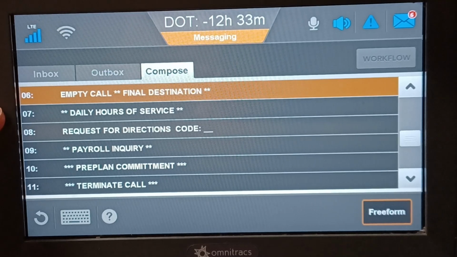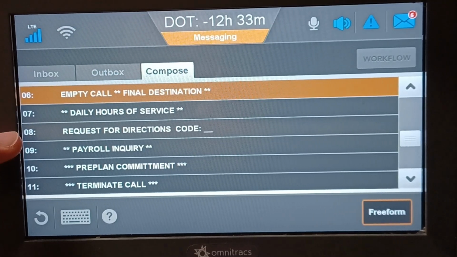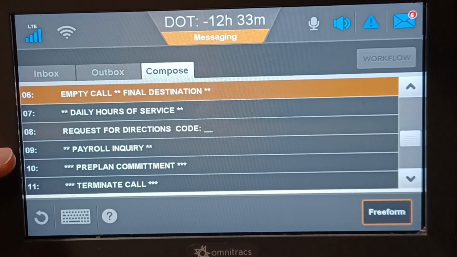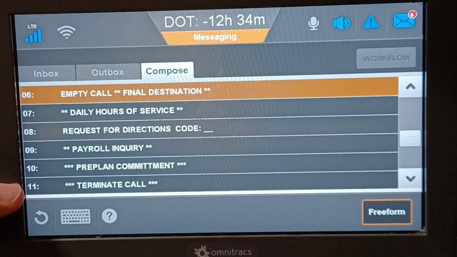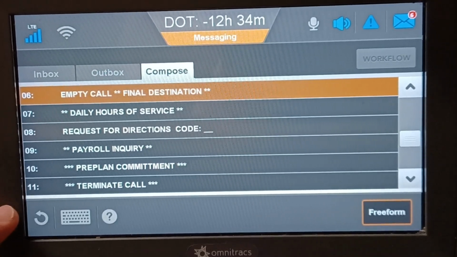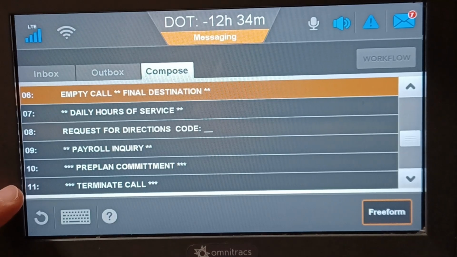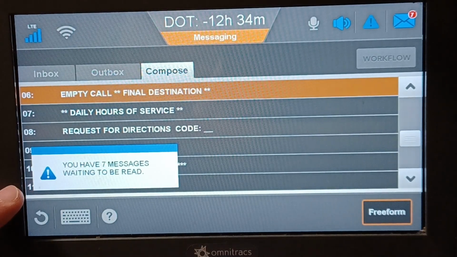We don't use daily hours of service on this screen because we use the LDs instead. Macro 8, we got directions earlier with macro 8. Macro 9 you don't need because we will send you your payroll on Wednesdays. Macro 11 is a T call or terminate call. If we had you relay, swap, drop,